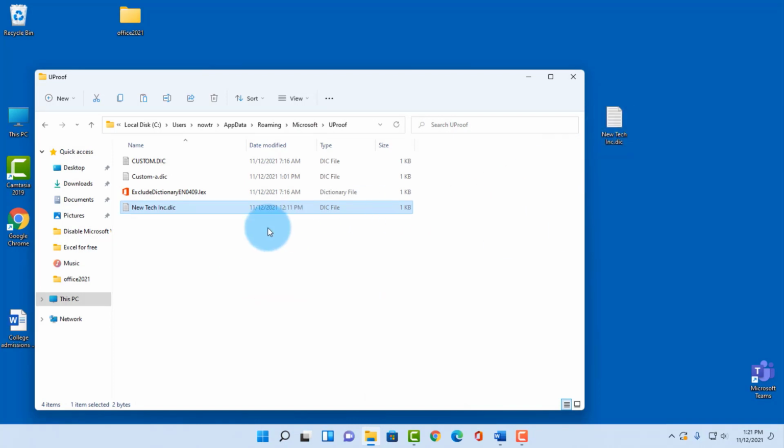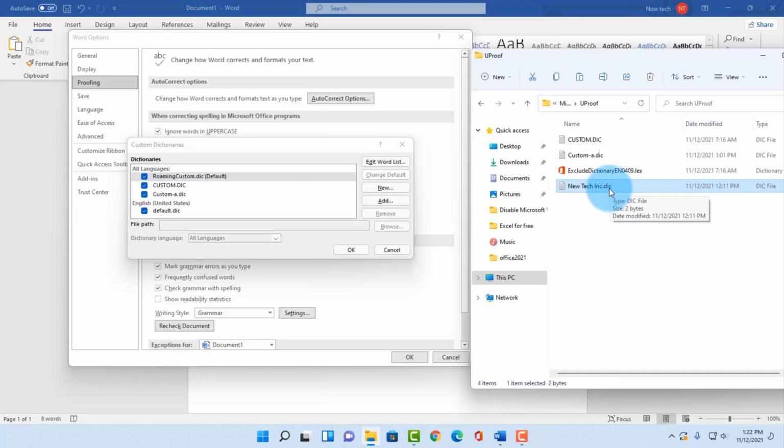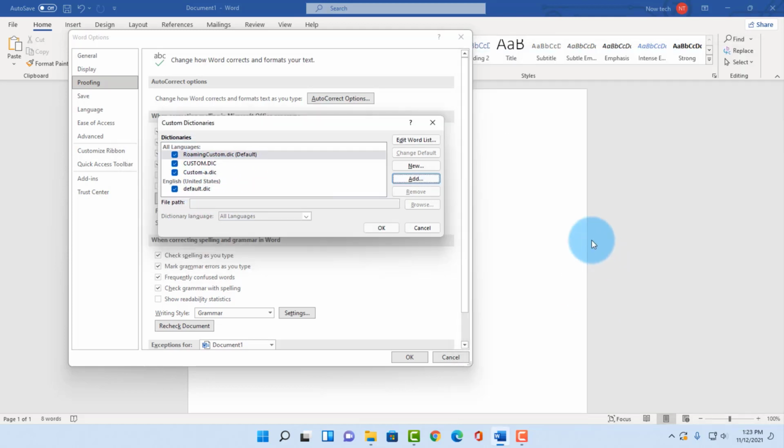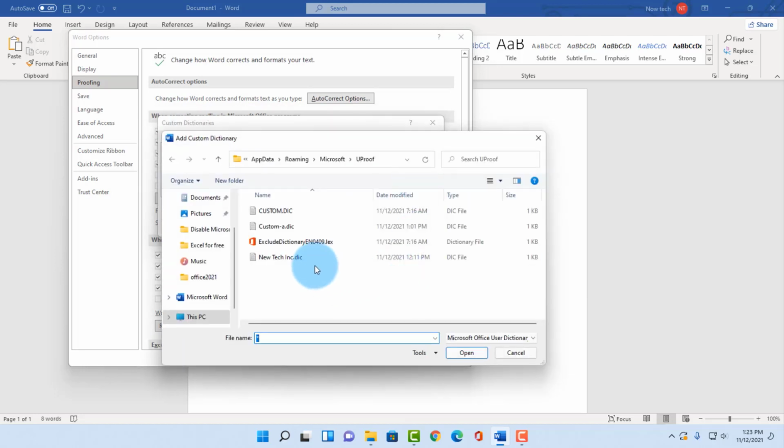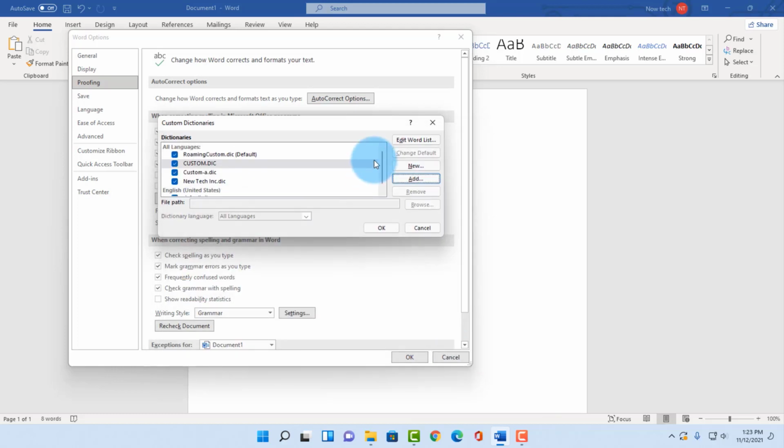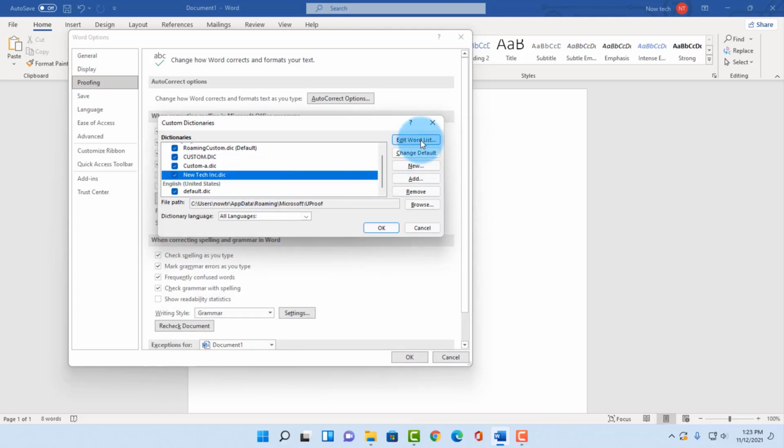I can also just drag it here and make a copy. Now the dictionary file is in the uProof folder here. So now I need to add it here. Now to add the custom dictionary, all I have to do is click on add, select the custom dictionary that was shared with me, select open, and it's here. And I can edit the list. So that's how you add a custom shared dictionary